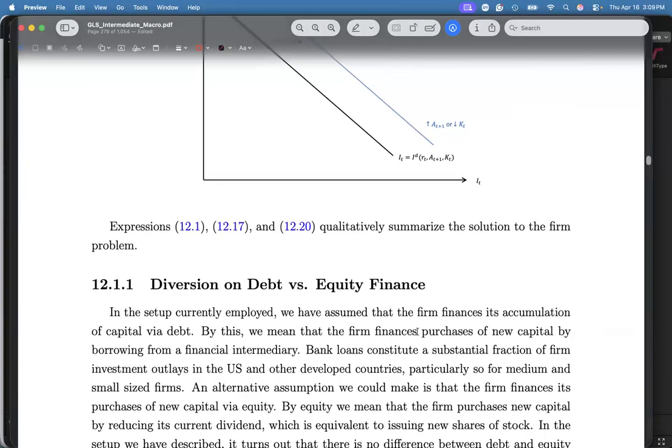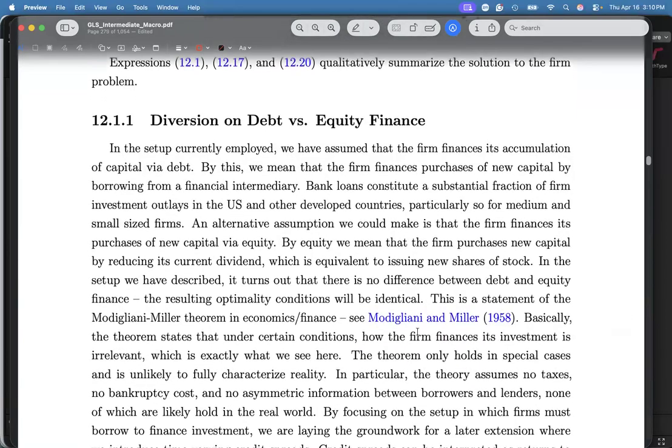A lot of it is helped because of perfect competition. Note that if you do not have perfect competition, you can still essentially derive practically the same things, except now you have a more complicated expression based on this gap between how much you want to employ and how much you are going to change the price as you're changing your employment or your capital stock.